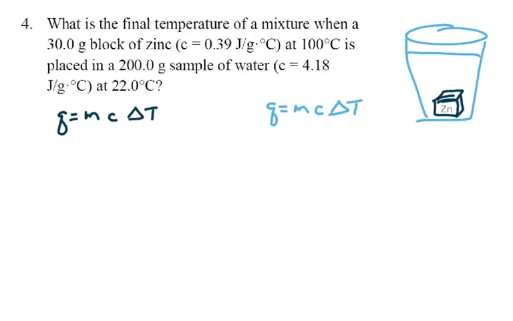Question 4, this is the more involved question. This is a standard problem where we have a hot object placed into a cold liquid, and we're supposed to figure out what the final temperature is. So if we want the final temperature, let's define that. Let's say T equals the final temperature,